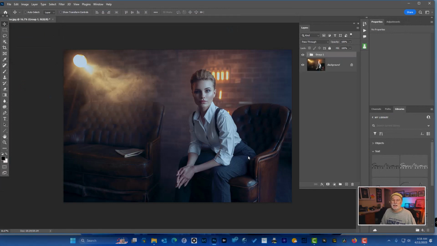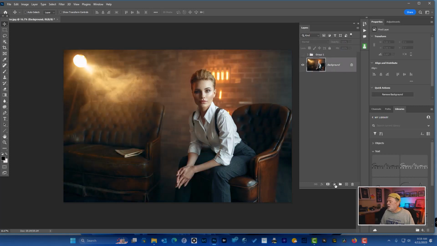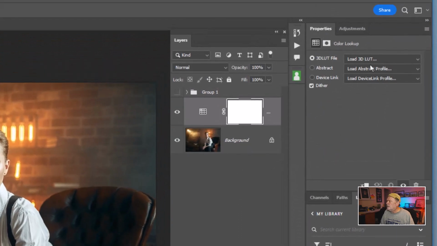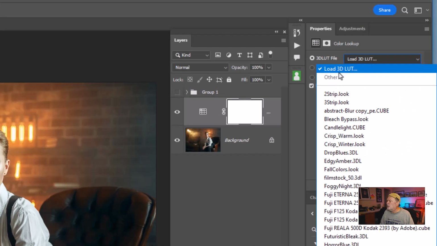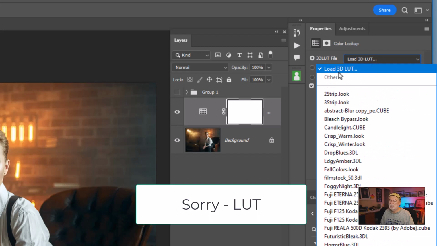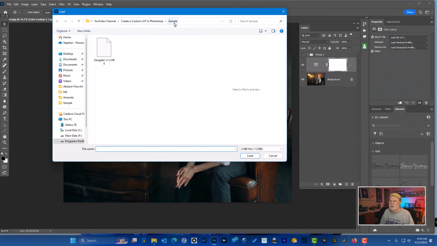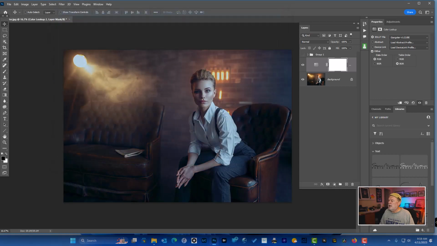It actually created a LUT file for me. So to use this, I'm going to turn this off right now. And I'm going to click on the image. And I'm going to go to the Oreo cookie dipped in milk again and choose Color Lookup. Now, when I go there, if I go to the drop-down menu, I'm going to choose Load 3D Lookup Table. I'll get a dialog box that opens up. This one automatically went to my sample folder because I've used it before. So there's the LUT I just created called Gangster version 1, and click on load,